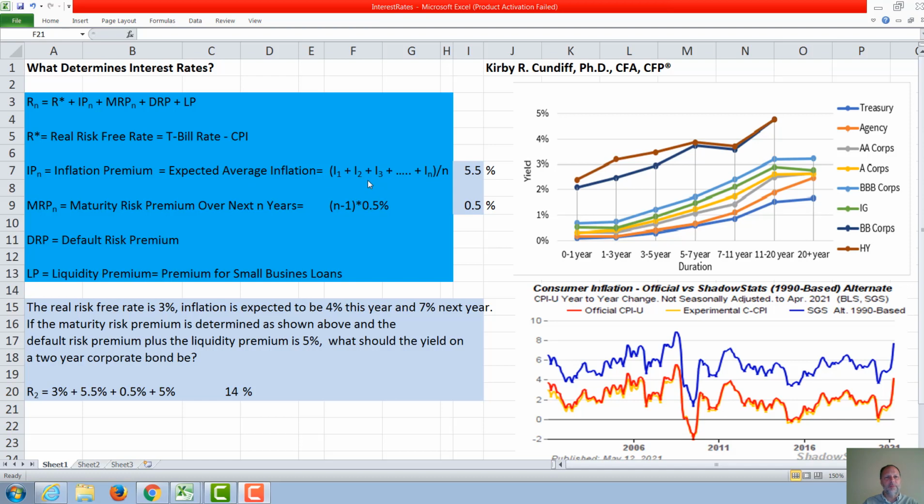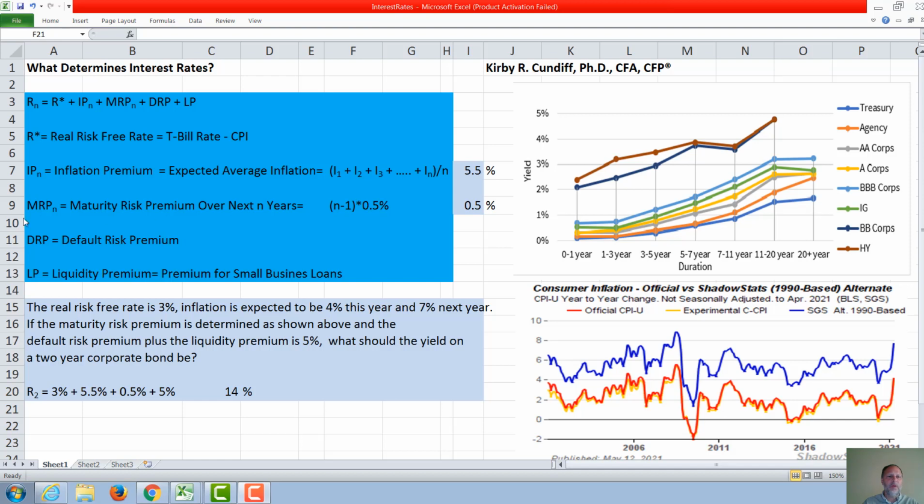to maturity on the debt instrument, plus a maturity risk premium, where MRP sub n is the compensation for taking on time risk. It is more risky to invest in a 30-year debt instrument than a 1-year debt instrument because you don't get your money back for 30 years and you don't know what will happen over 30 years. A company could go bankrupt, a government could be overthrown, etc. And this is sometimes approximated as n, the number of years to maturity, minus 1 times something like 0.5%, plus